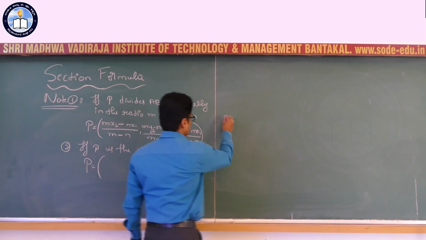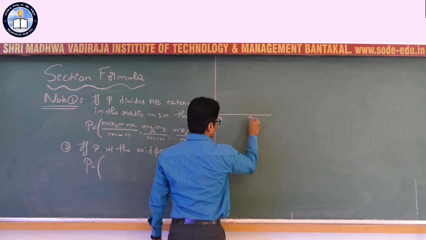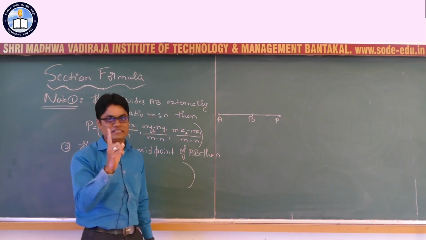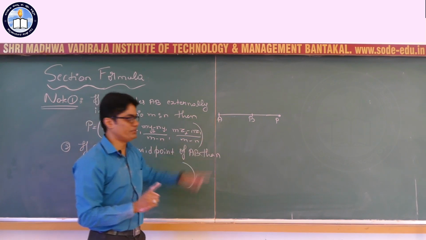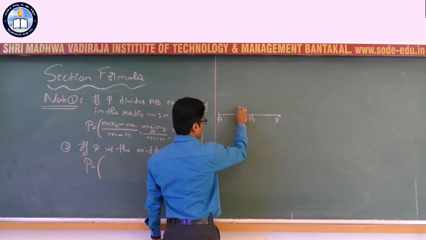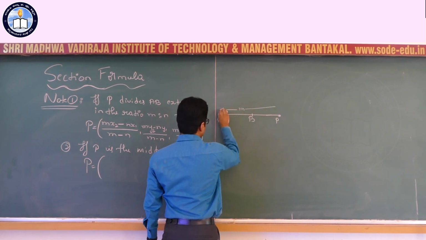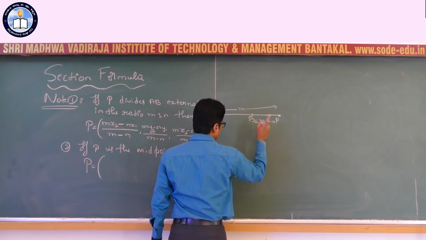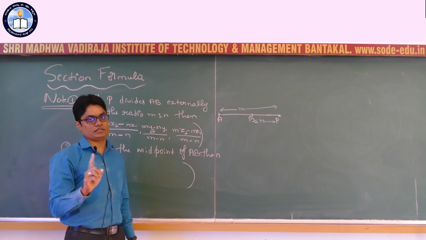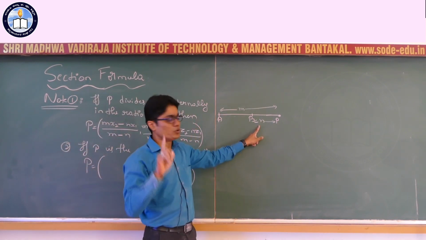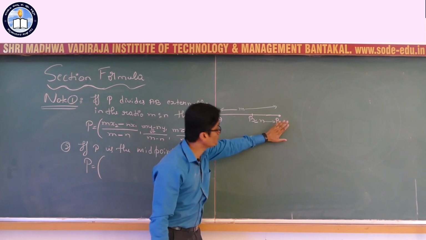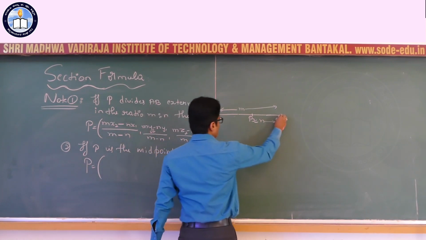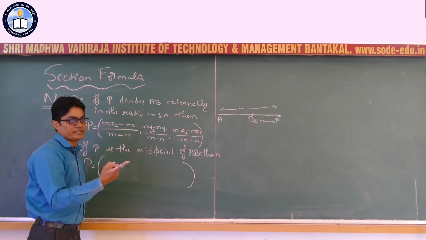Now what do you mean by external division? See, don't get confused. In external division, the point P which divides AB will lie outside AB. Please remember this, okay? The point will be outside AB, but still it divides. The ratio is in this form: M is the distance from A to P, N is the distance from B to P. Then only P divides AB externally. Please remember that. P divides AB externally only if the distance from A to P is M and the distance from B to P is N. In every external division, the point P lies outside AB. Remember that it divides from outside.